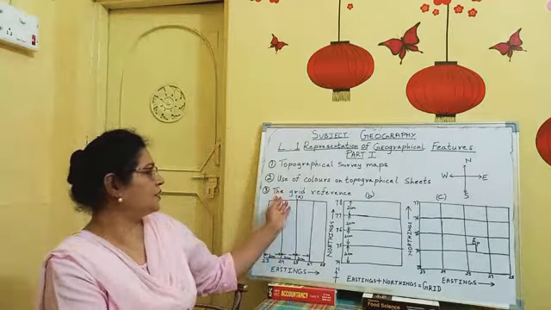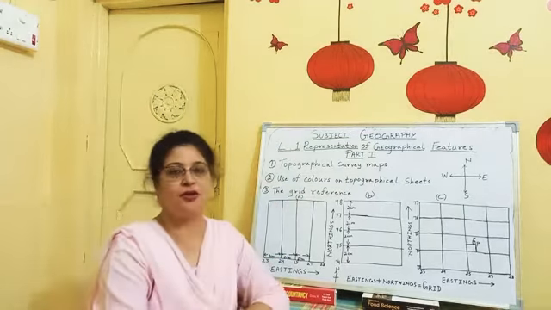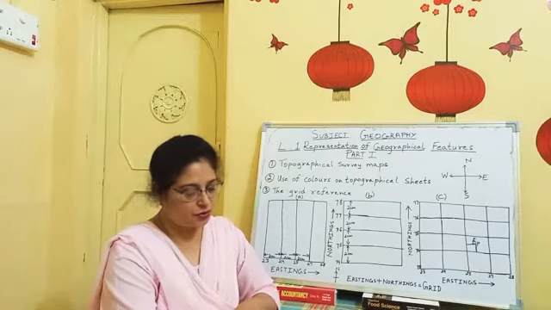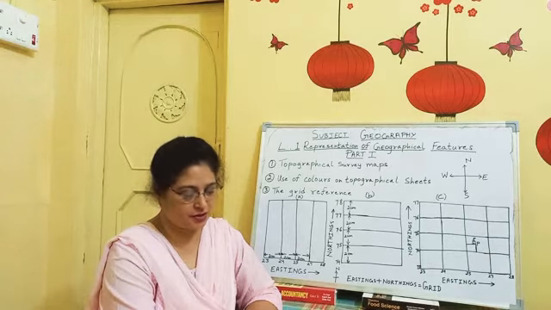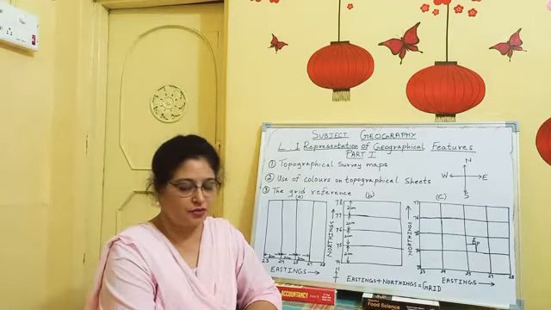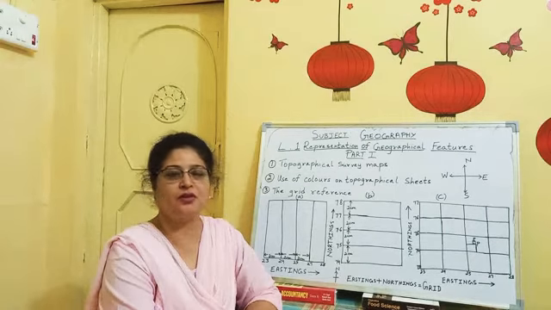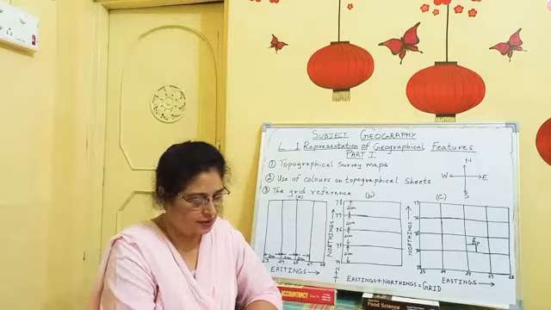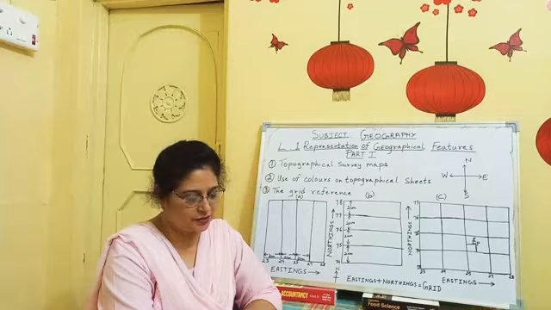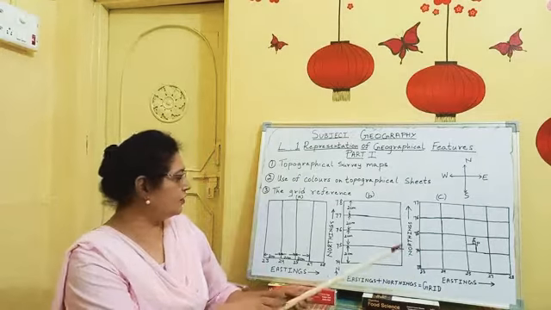Now the third thing which we come to is the grid reference. What is the grid reference? To locate a man-made or natural feature or conventional sign or symbol given on the topographical survey sheet, one must know how to read the grid reference given on the map. So grid is actually lines drawn vertical or horizontal on a globe or a map. If you see the map or globe carefully, you will find vertical lines and horizontal lines drawn on it. The topographical maps bear the national grid of squares drawn to a scale of 2 centimeters.